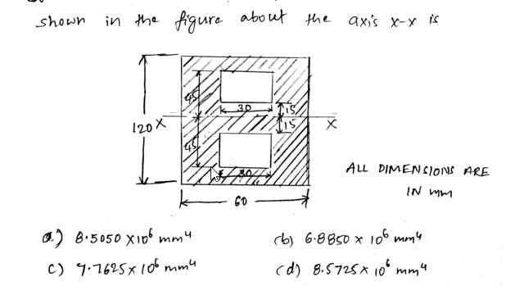So 30 is the width for this, and this is also 30, and from the center to this point is 45, and the center to this point is 45, and the center to this point is 15. So this height will be 30 and this is 30, so 30 by 30. It is given 120, which means from here to here is 60. So this is 15, and this is also 15. So these are kept at symmetrical positions about xx. Here we have to find the moment of inertia of this shaded portion about this xx central axis.